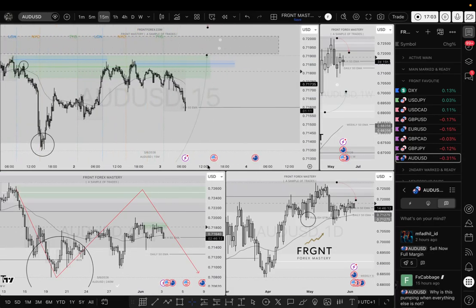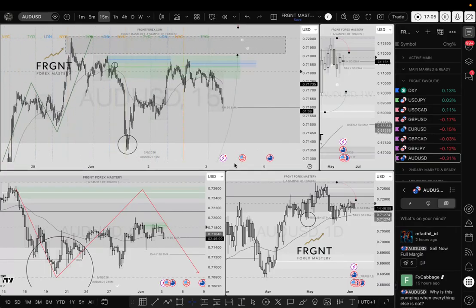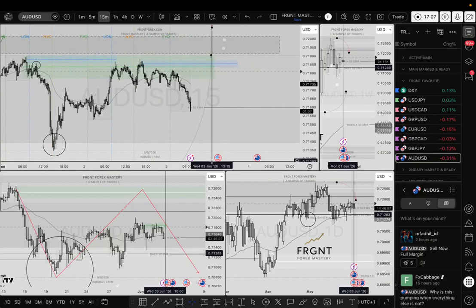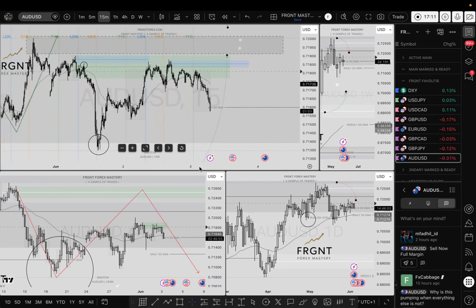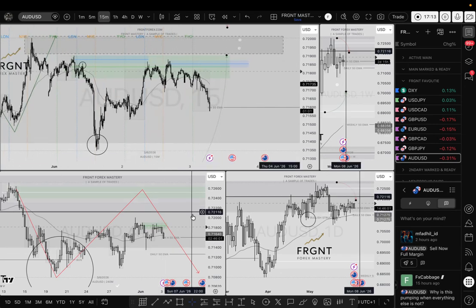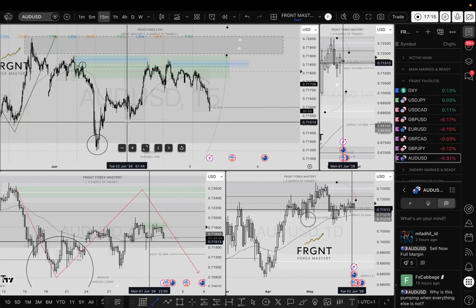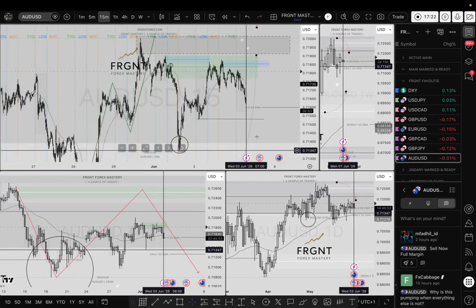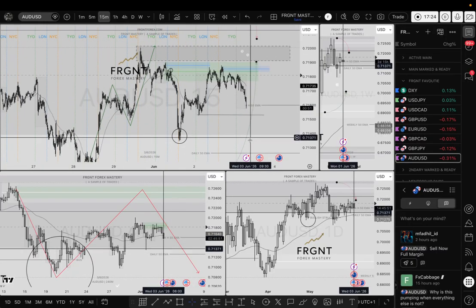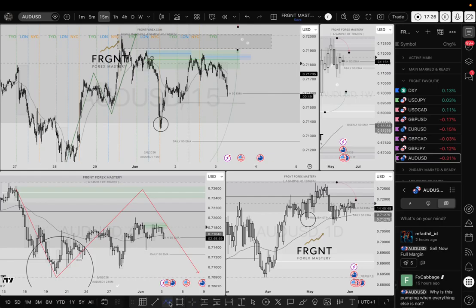AUDUSD, perfect. Wanted to take this pretty much all month, to be honest. It's just not providing me the entry criteria. There was an opportunity perhaps yesterday, took EU instead. What we're seeing now is price developing, so it's not in terms of FOMO. Price is moving without me. Absolutely, yes, it is. But what is it doing? It's creating me more of a reason to want to get involved when price returns.